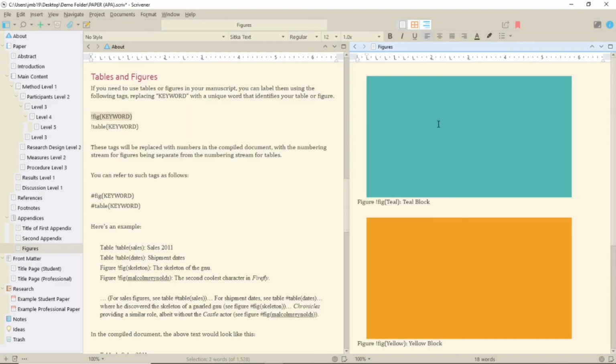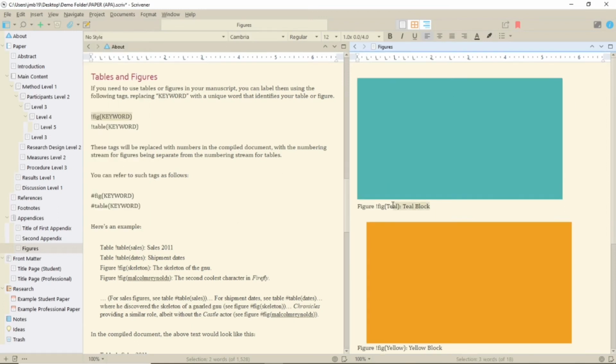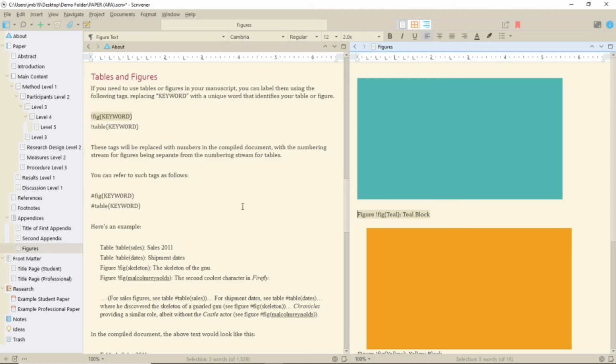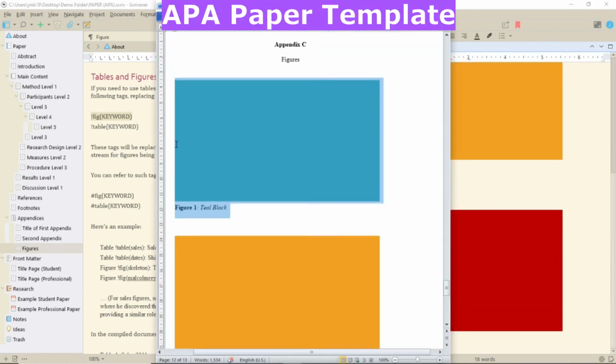The APA template has two specific styles for the imported figure or table and the text. These are figure for the image and figure text. But you still need to format the labels with bold and italics as per the APA guidelines in this format, or however your template's guidelines want them formatted. I guess this isn't in the style because there's no way to split that formatting on one line, and this is how the formatting displays in this template.